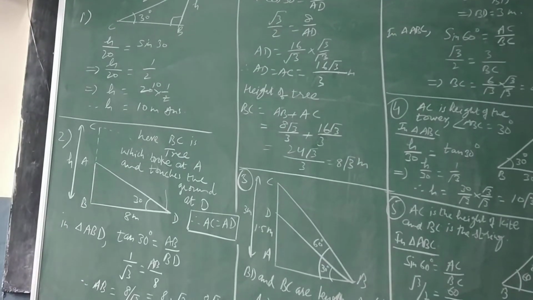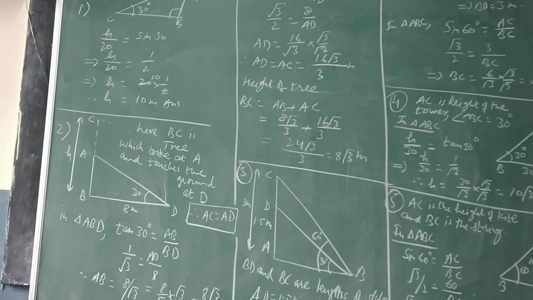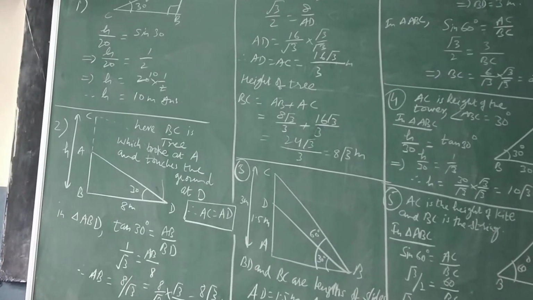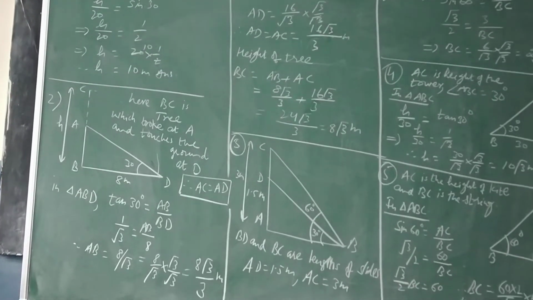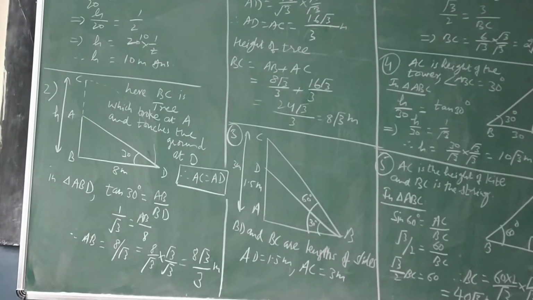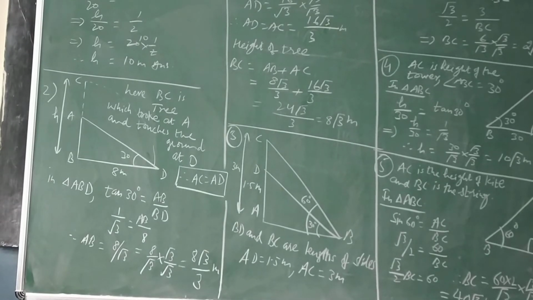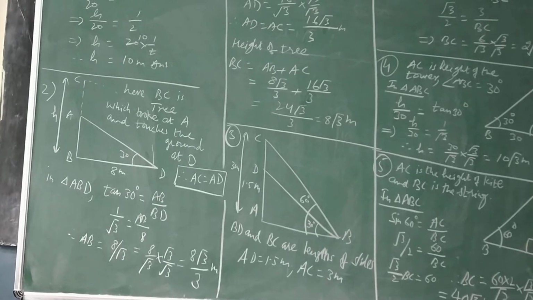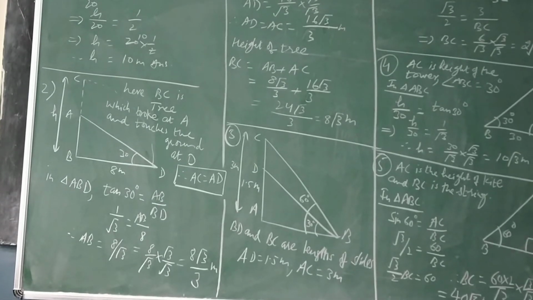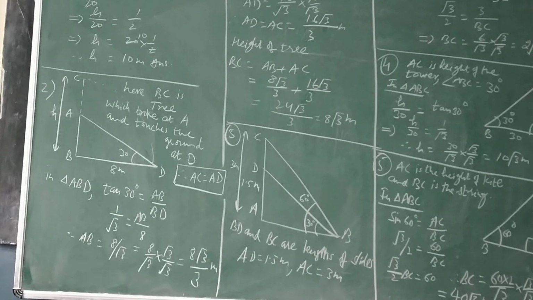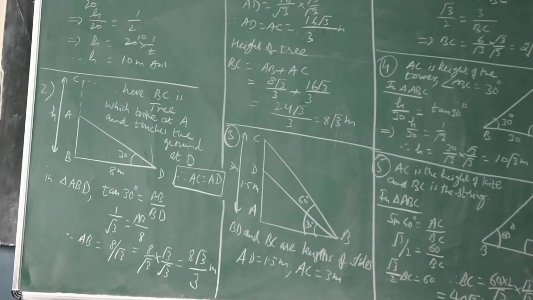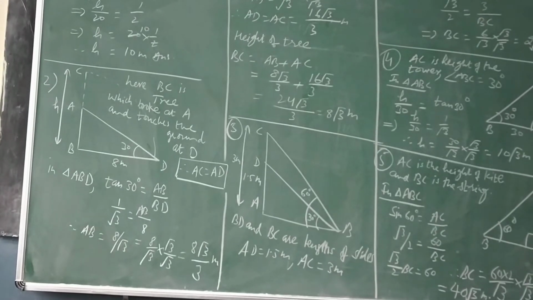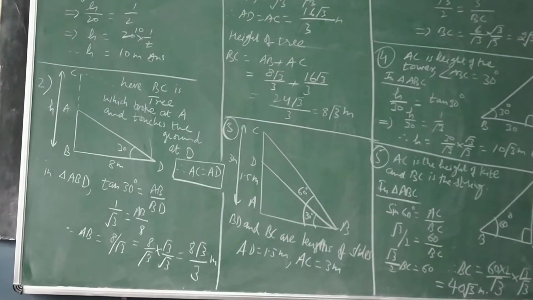Then your question number 3 is: a contractor planned to install 2 slides for the children to play in a park. For the children below the age of 5 years, she prefers to have a slide whose top is at a height of 1.5 meters and is inclined at an angle of 30 degrees to the ground. Whereas for the older children, she wants to have a steep slide at a height of 3 meters and inclined at an angle of 60 degrees to the ground. So what should be the length of the slide in each case?